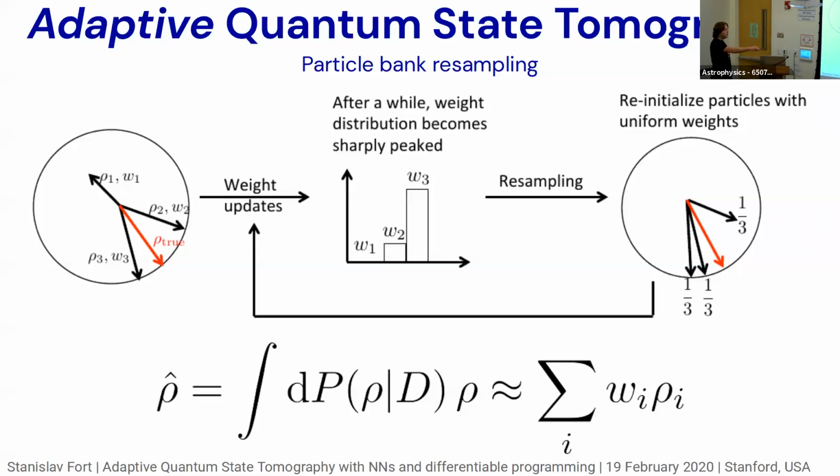and then you try to make the best estimate you can of this integral, which is just the given data d, and all the possible density matrices rho. You try to do this integral and get the actual estimate. But what they actually do and what we will be doing is a discrete version of this where you sum over the weights and the density matrices.